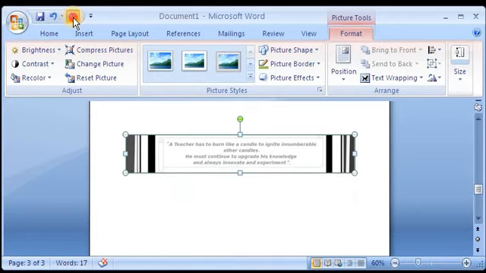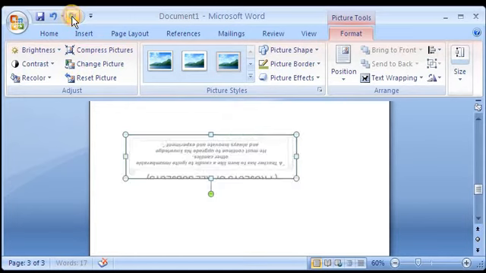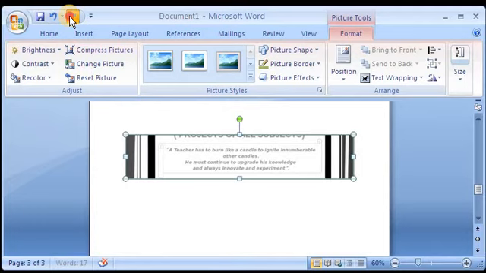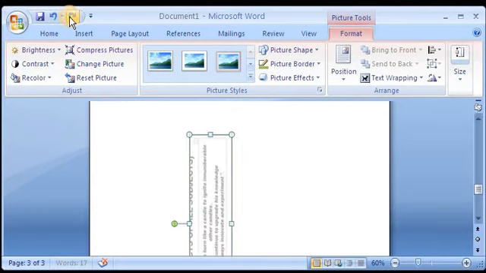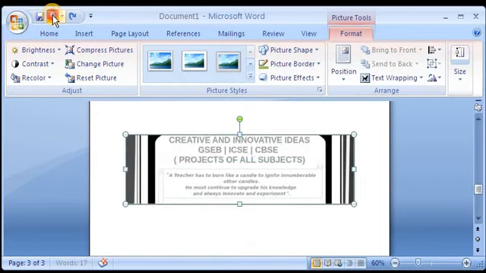So whatever steps I have performed, I can again see using the redo command. So any of the steps I can stop. Again undo, redo. So remember this, it will be helpful to you to work easily.